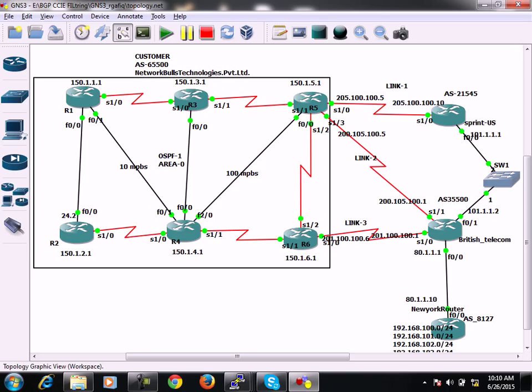So remember, if any router is receiving any prefix with community no advertise, then definitely that router will never advertise those prefixes towards any other neighbor. Understood? So this is how you can configure no advertise. Then after it,